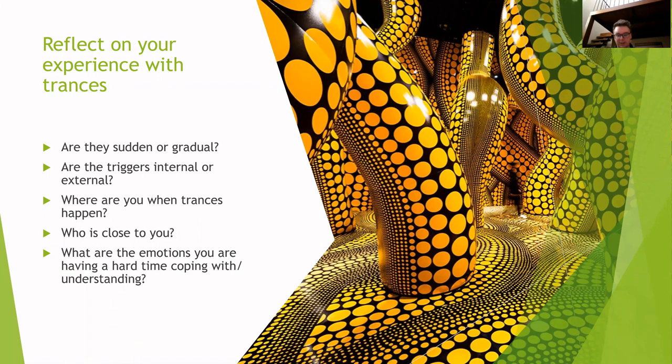Then where are you when trances happen? Not necessarily where you are when triggers occur, but where are you physically when it is happening? Are you alone? Do you separate yourself from other people? Do you make sure that there's really no one around to separate from? How does this actually happen? Are there some rooms that are particularly risky? In my experience, a bathroom is always a dangerous place, let's say. In terms of prevention, this can help as a type of stimulus control.